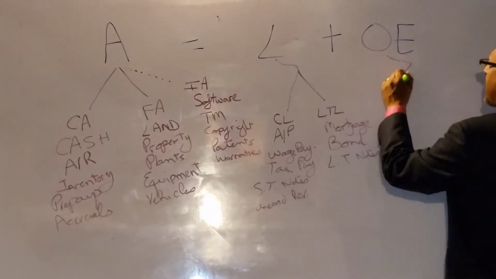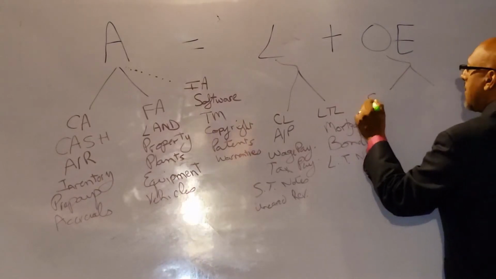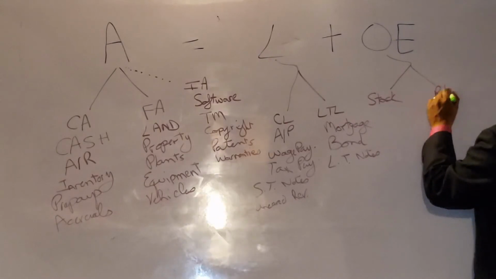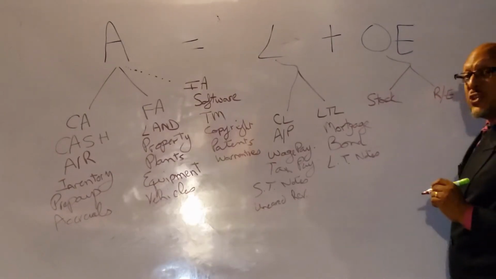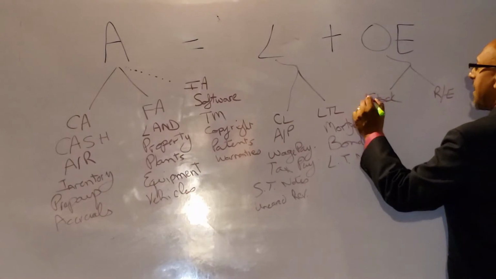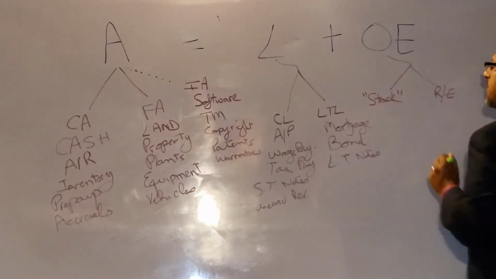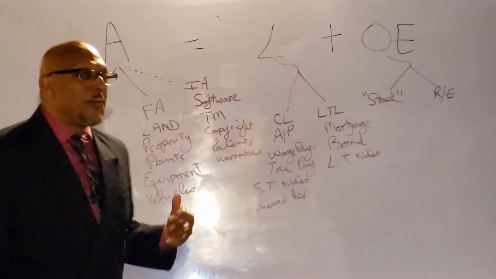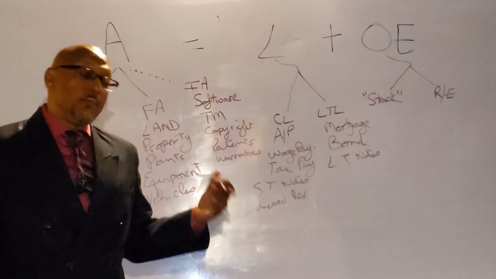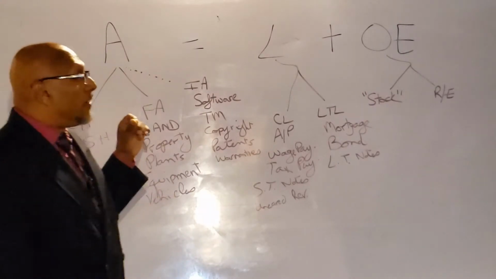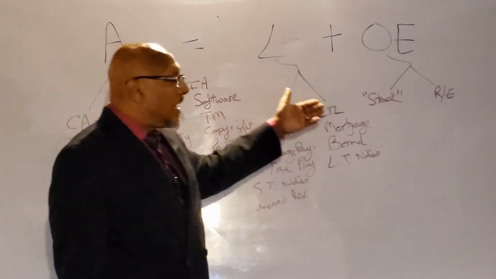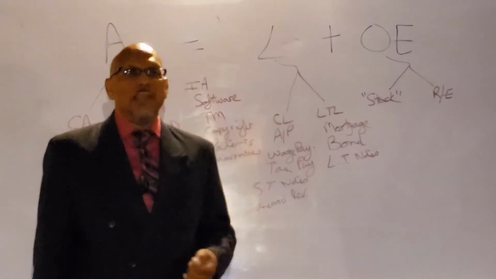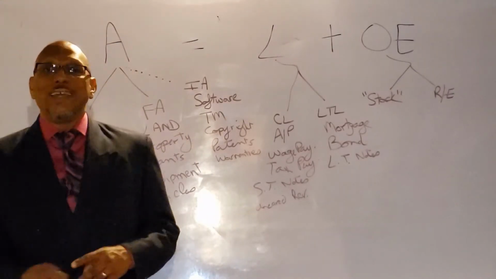Owner's equity can be divided into two categories. One I call stock and RE. RE stands for retained earnings. I use the word stock in quotation marks because we are familiar with a portion of it; we hear about the stock market in the news all the time. You hear about the bond market in business news. And so we hear about the Dow Jones Industrial Average, the S&P 500, the Russell, so many different indices